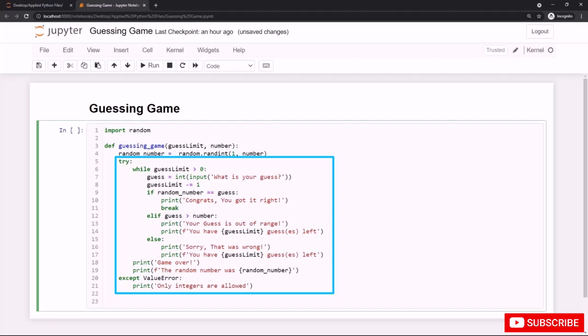If the previous condition is false, if the guess number is greater than the number that will be passed into the guessing function, the program will print out your guess is out of range. And also the program will print out you have and the number of guess limit using this string formatting technique here. This is a placeholder inside curly braces. Simply the guess limit number will be inserted after the have keyword and before guesses left string data type also. Else, if